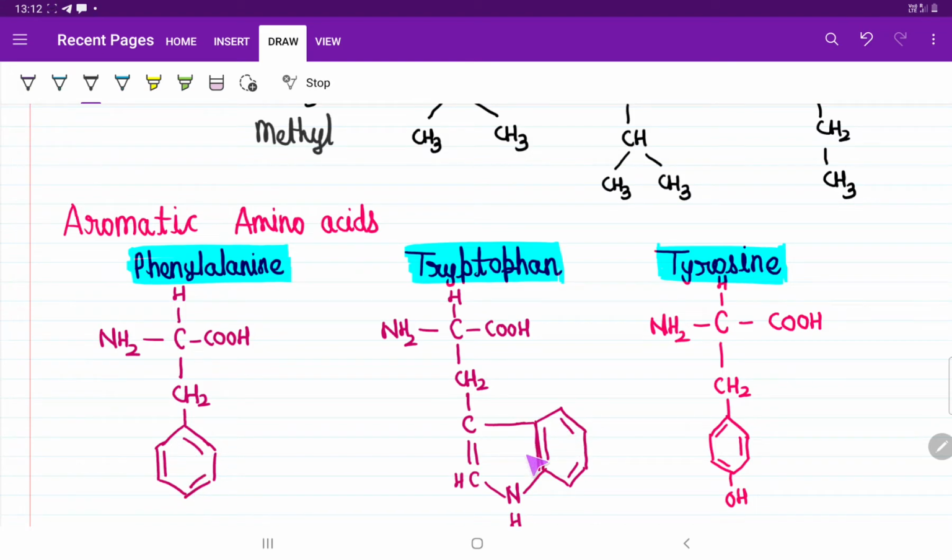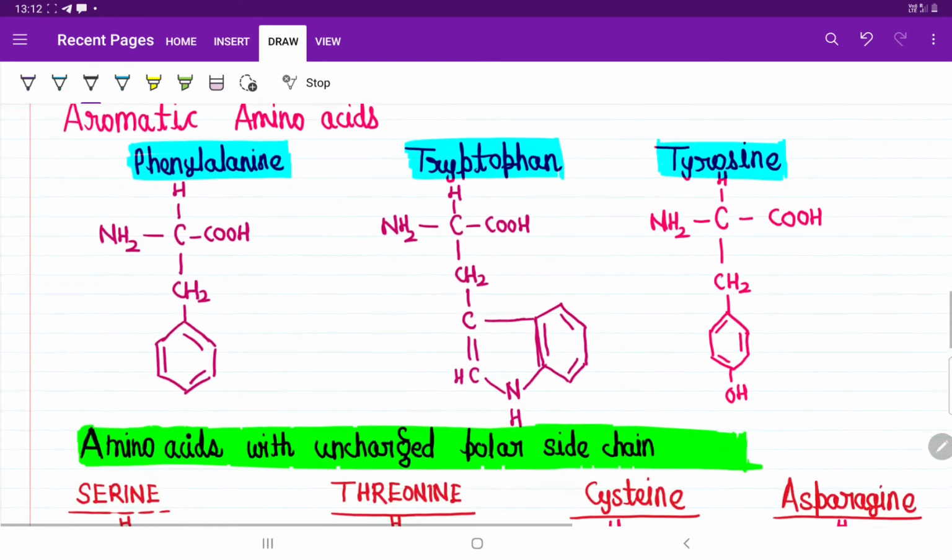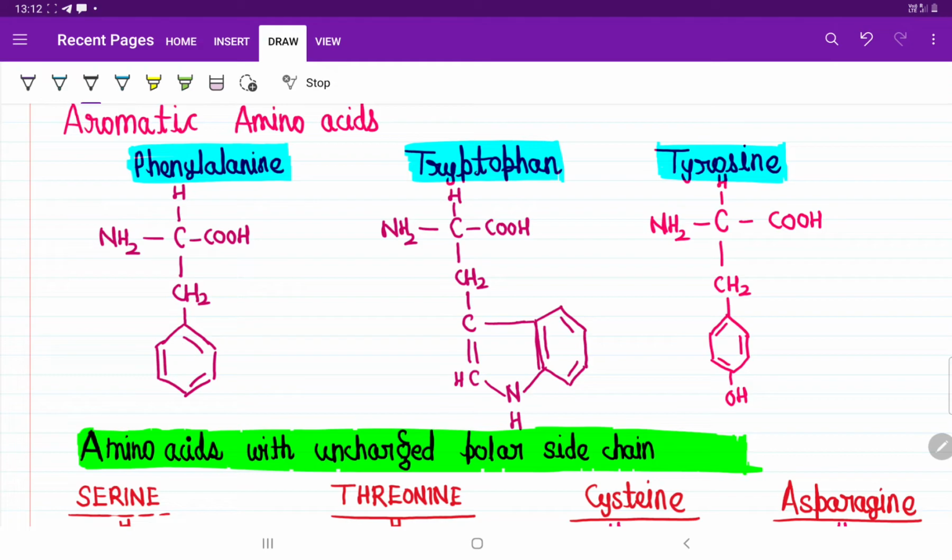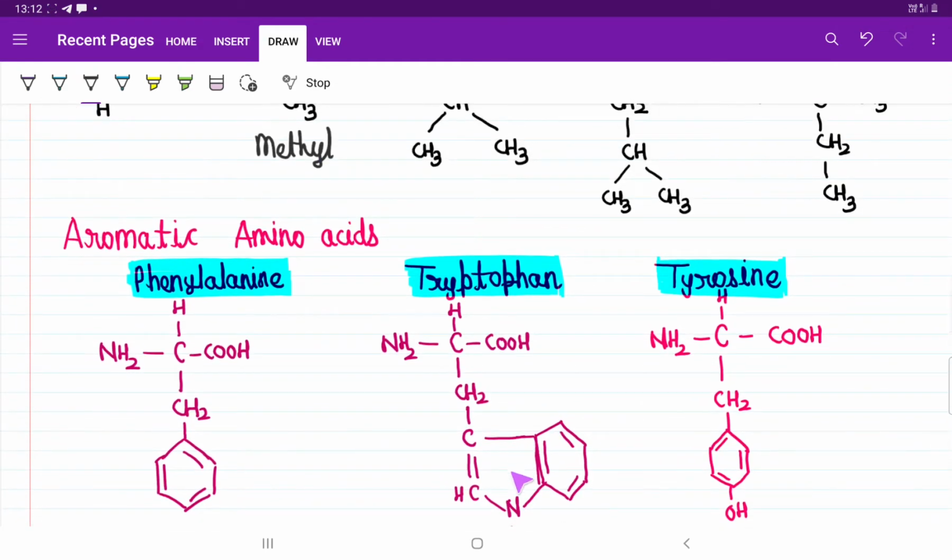Tryptophan also has a ring, and tyrosine also has a ring, right? Because they have an aromatic ring, that's why we call them aromatic amino acids. The aromatic amino acids have one unique ability: they can absorb ultraviolet rays. And on average, they absorb maximum